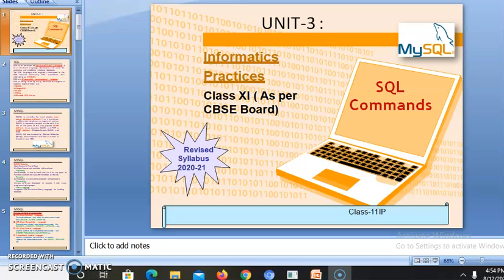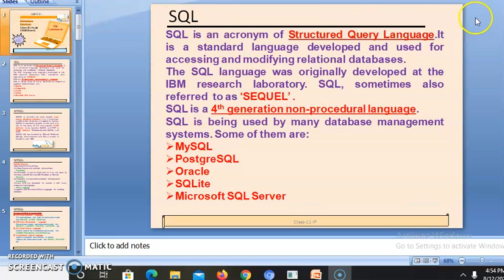Hello students, today we will start the revision of the Unit 3 SQL commands. So students, all of you are aware of the SQL commands, and today we will start the revision again for that SQL. So first of all, you are aware that the full form of SQL is Structured Query